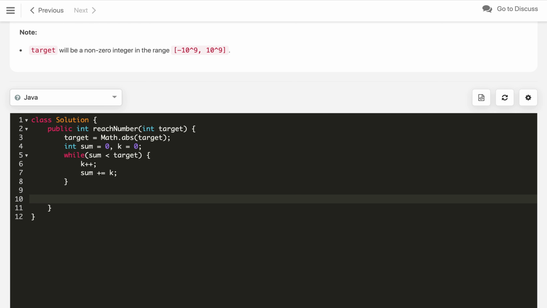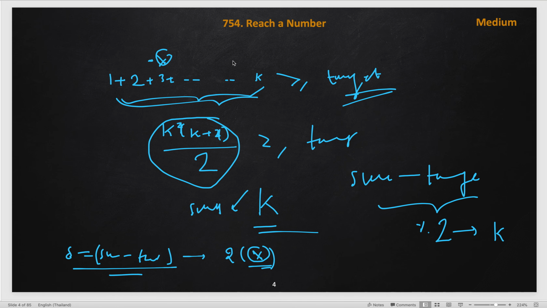Once we are done with that, we will return from here itself if the difference between sum and target is even, then the number of steps so far we took, k, is the answer. Otherwise, we need to check how to make the difference even. So there are cases. If k is even, then we will add another term in our sequence, like 1 plus 2 plus up to k plus 1.